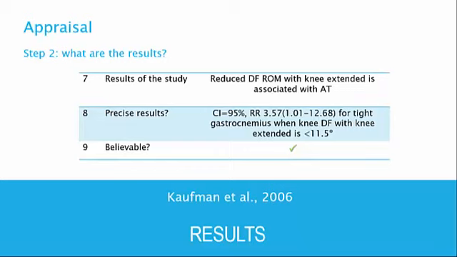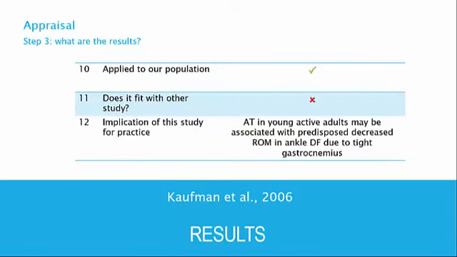The results of the study show that a decreased dorsiflexion with knee extended leads to Achilles tendinopathy. The results were measured using a 95% confidence interval, and we found the results believable. Step 3 refers to the usefulness of the results. We found that we could apply these results to our study, although it didn't fit with the other available evidence. The implications of the study is that Achilles tendinopathy in active adults may be due to tight gastrocnemius muscles rather